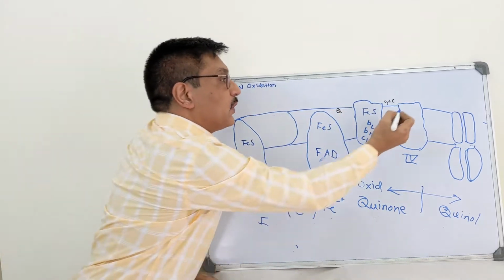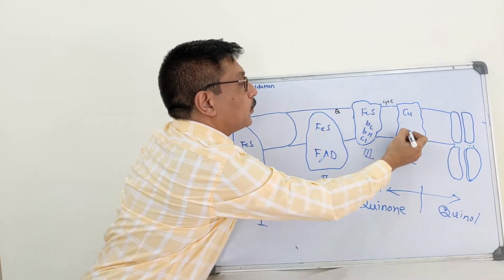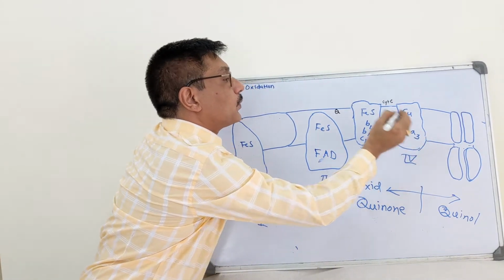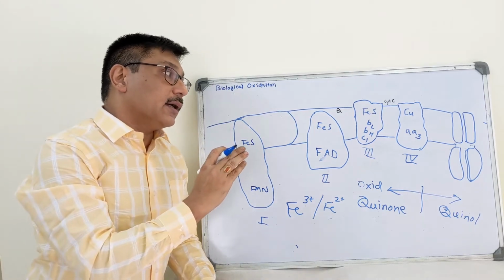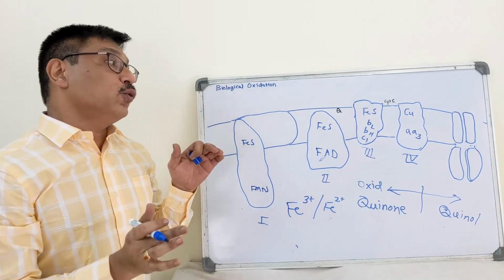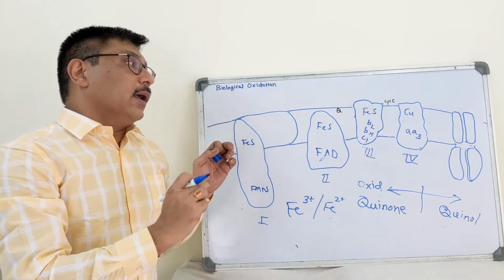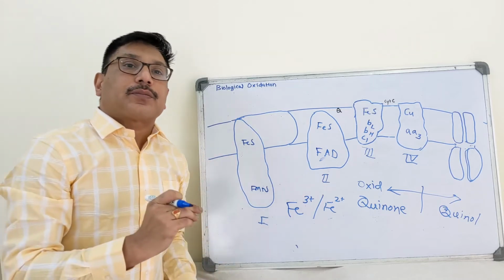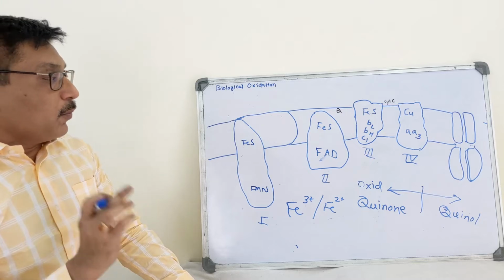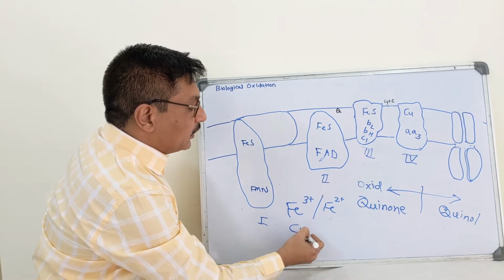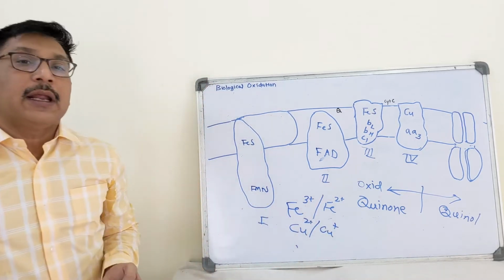It consists of 2 copper subunits and 2 cytochromes. The cytochromes are A and A3. These are attached to a single protein molecule. So the copper present in this complex 4 oscillates between Cu2+ and Cu+ during oxidation and reduction, and